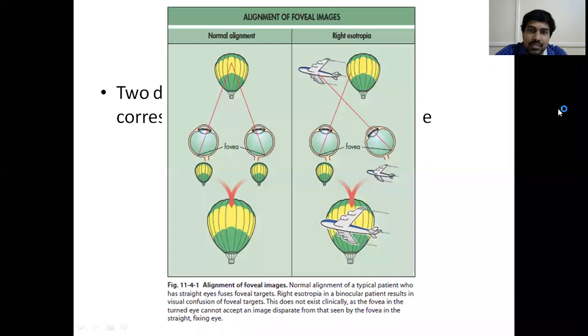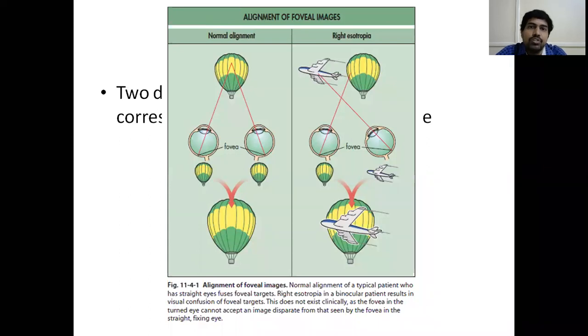So in confusion, suppose there are two corresponding points. Suppose this is a fovea and this is a fovea. Both foveae are corresponding points. One fovea sees a parachute. The other fovea sees an aeroplane in the sky, because the x-axis, y-axis, and z-axis zero points of this fovea correspond to the aeroplane. So this fovea receives a parachute and this fovea receives an aeroplane. Both these images will be taken to the brain, and the brain will get confused as to which image it has to process. So this is only a theoretical entity.